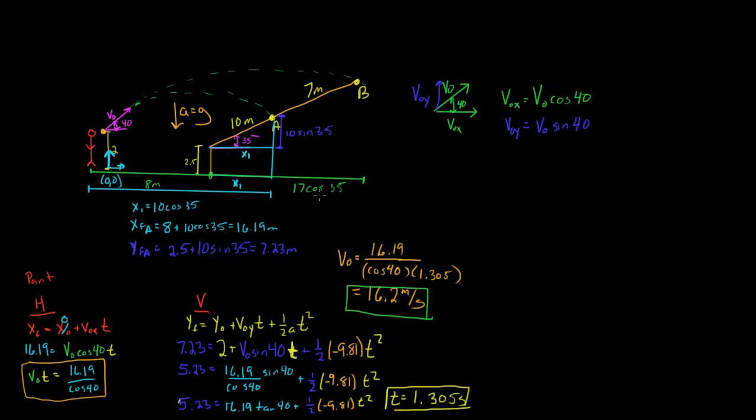So that's how we get this 17. So this x final for B is going to be 8 meters plus 17 cosine of 35, and this is equal to